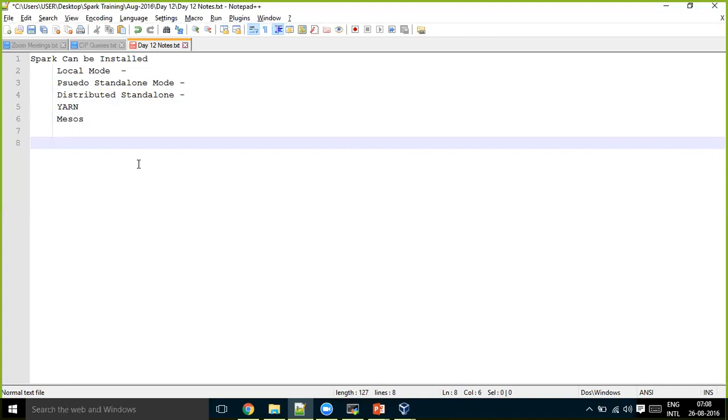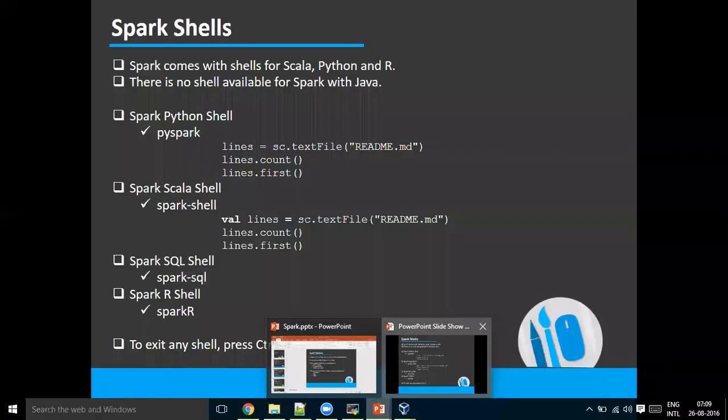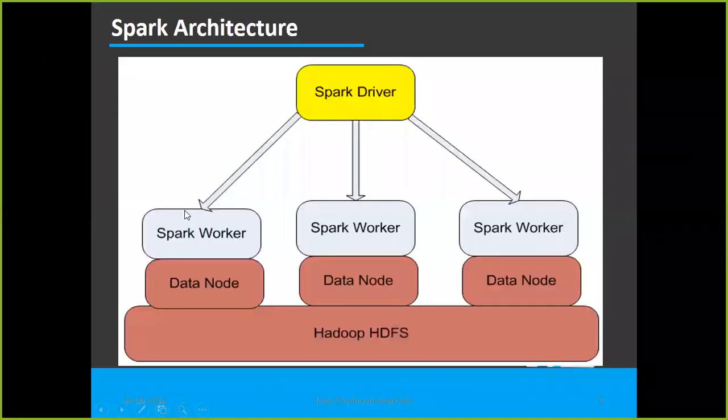So this much we have discussed, and we started our shells with Spark Shell, Spark SQL and PySpark, and ran one example: how to load a file into Spark Shell and view its contents on a high level. Before going to the next items, I want to take one simple Spark example.